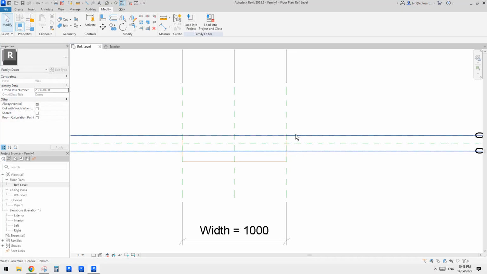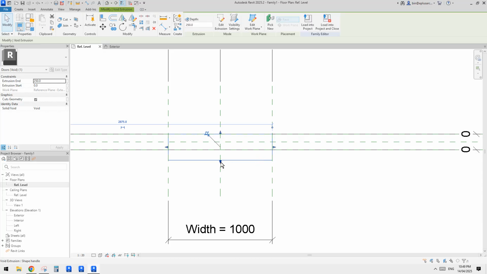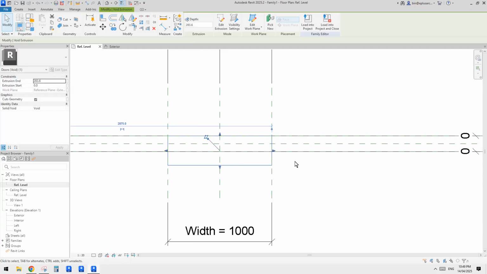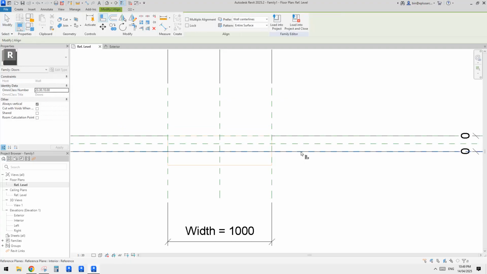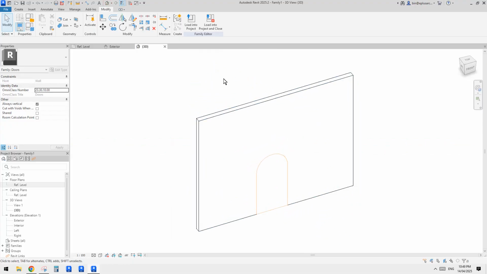I think that's all good. And then we just need to lock this side onto the reference plane, aligned with the other side of the wall. You can either just drag this back to here, or you can use align, AL. So try to pick the reference plane on this side and click on this and lock. And this is it. Now let's go to 3D view, and we can just use cut geometry and pick the